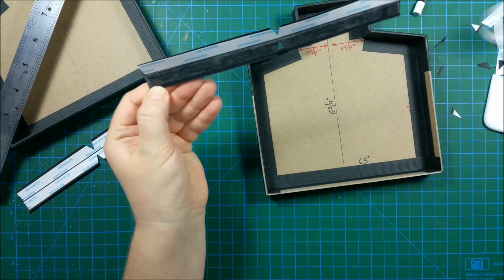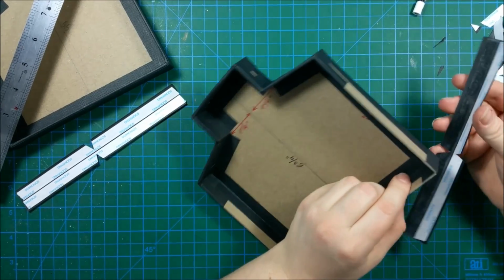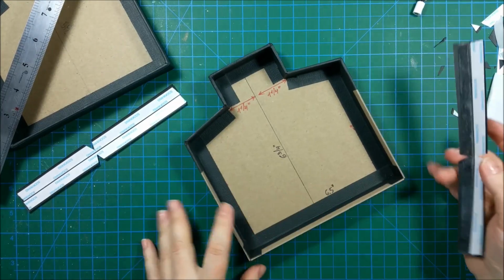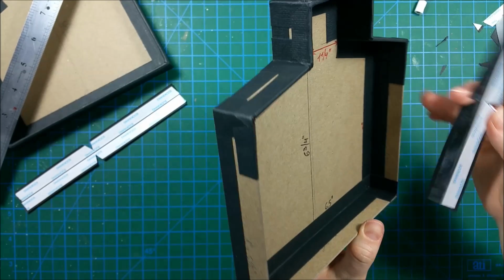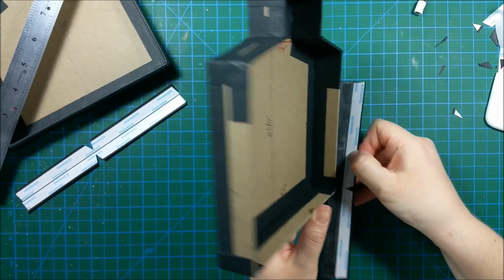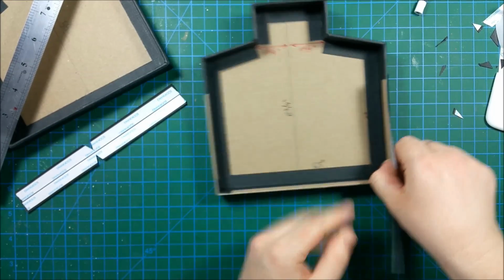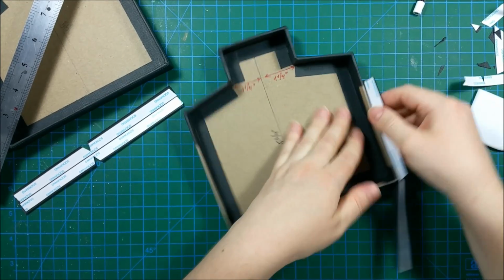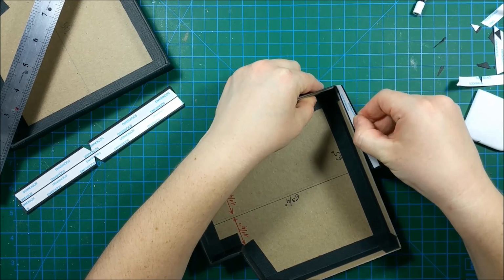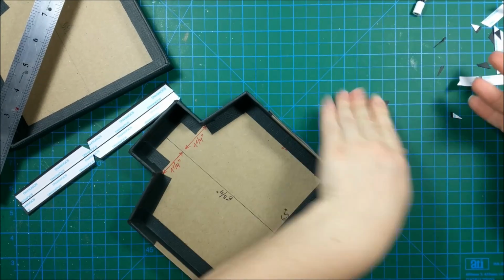Now when you remove the backing from 1/2 of this hinge, you will start to attach it from the bottom corner of the box, and you will pay attention that you are not overlapping the fold line while doing that. Okay, like this. Now the second half can already be attached, second piece, like this. Now let's burnish